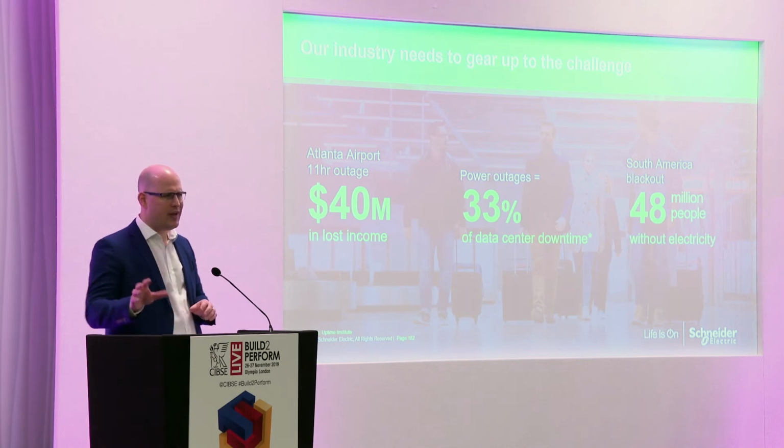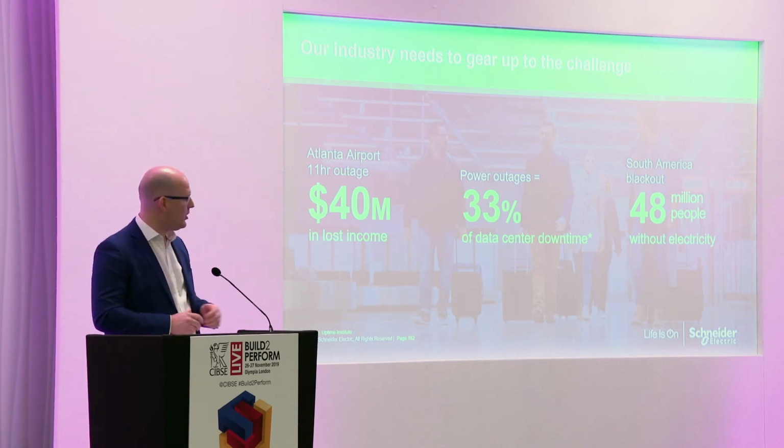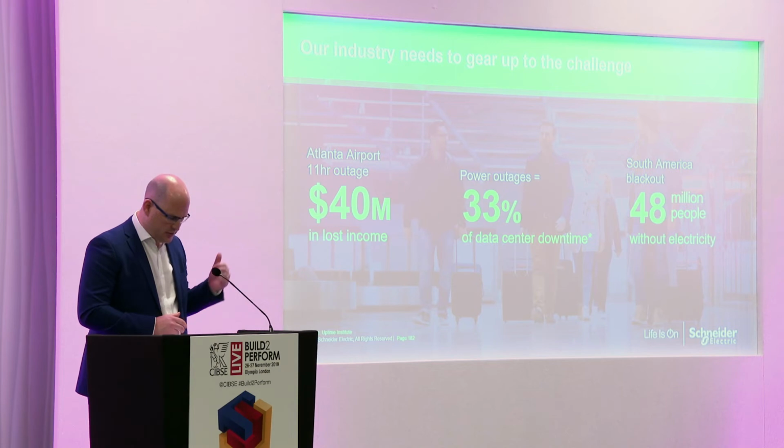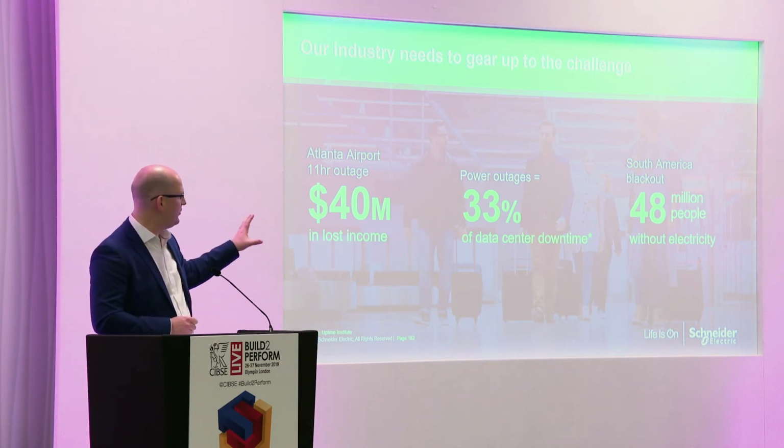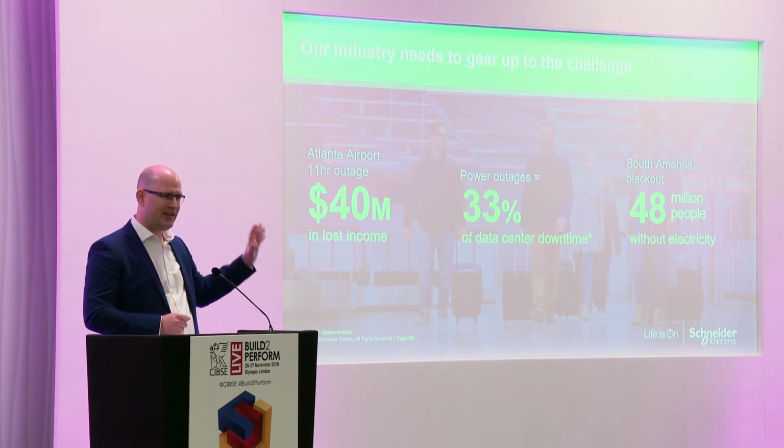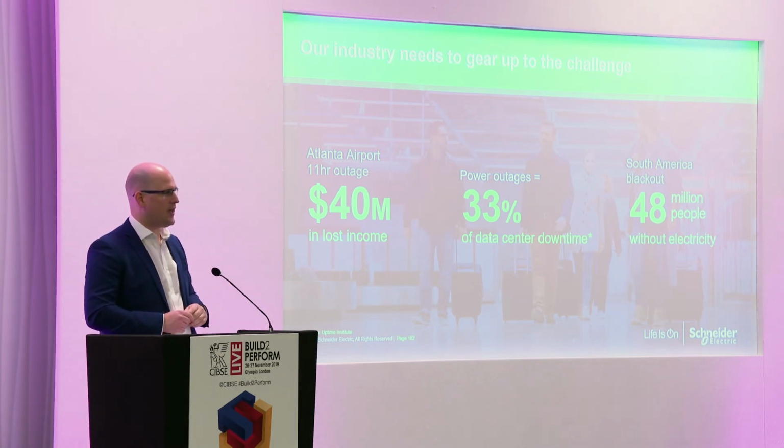And then I guess looking away from the demand side, a little bit more on the supply side, earlier this year, so this was June 2019, there was a grid outage across 5 countries in South America that left nearly 50 million people without electricity.